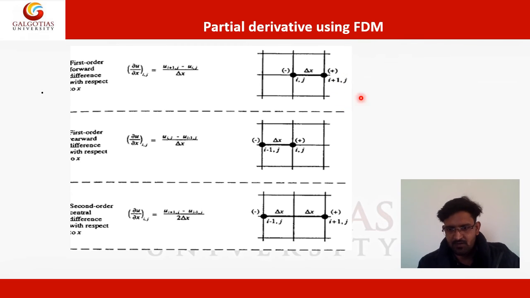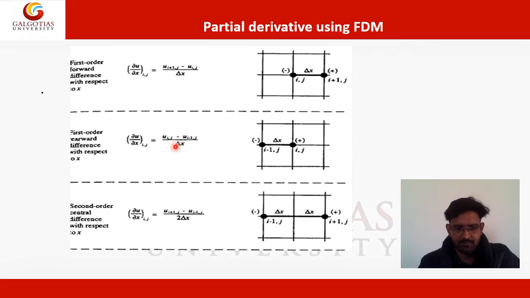Suppose this is our solution space for a very small element that we have discretized. What the forward difference is, this is the point ij. If we move delta x in the forward direction, there is no variation in j. This is the i axis, this is the j axis. So no variation in j, so this is going to be i plus 1 and j. For these two points, I can write del u by del x at ij equals u i plus 1, j, this function, minus this u ij, divided by delta x. So this is the representation of forward difference.